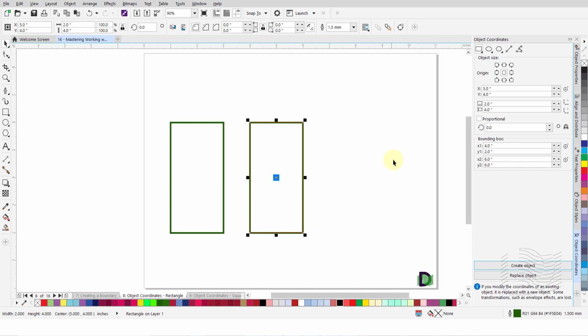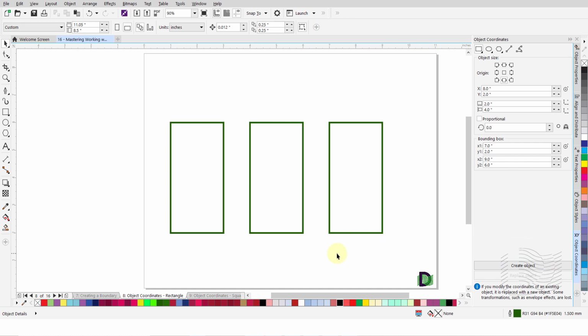Let us try one more. From the origin group, I will click on this icon for lower center, to place the object's anchor point at the specified position. Then, I will enter 8 inches as my X value to place the anchor at the 8 inch mark along the X-axis, and 2 inches as the Y value, and press Tab. You will see the blue outline of the rectangle show on the page, showing a big blue square at the 8 inch mark along the X-axis, and 2 inch mark along the Y-axis. Once again, I will leave all the other values unchanged, and press the Create Object button to complete the creation